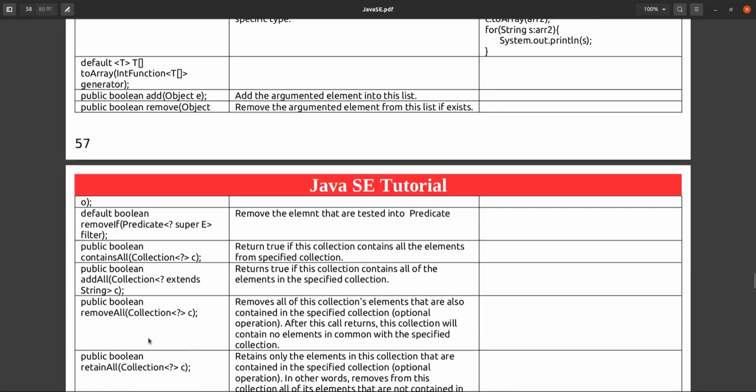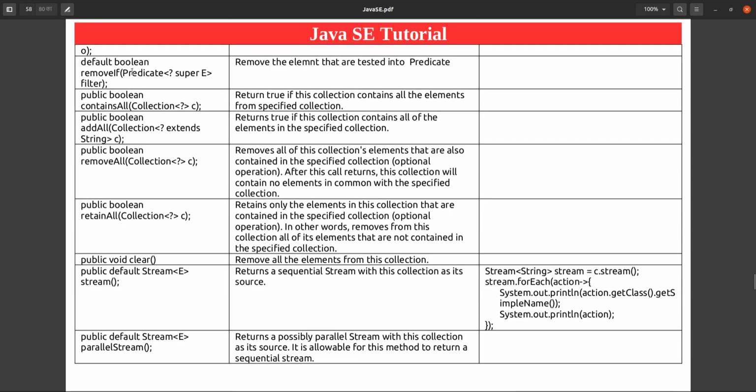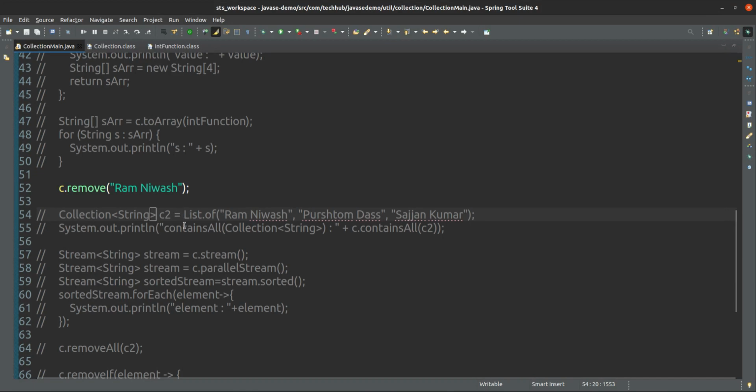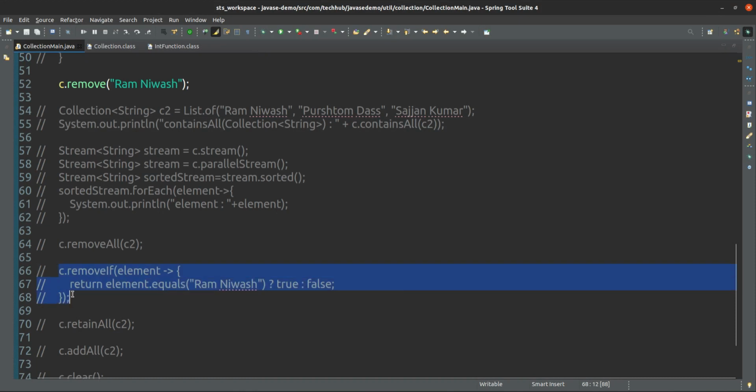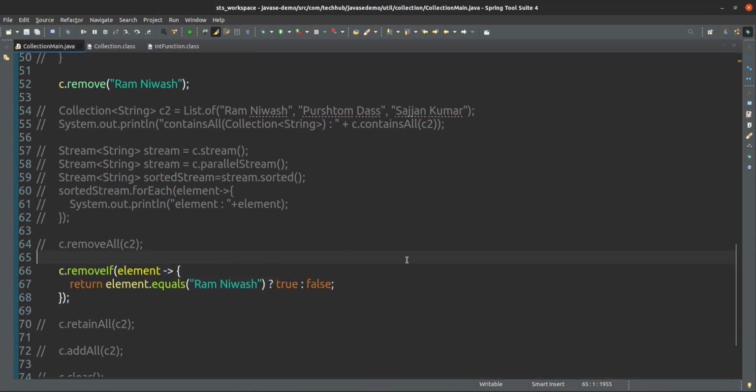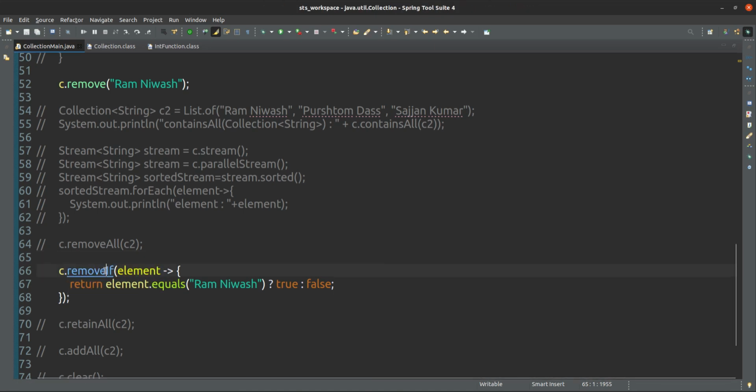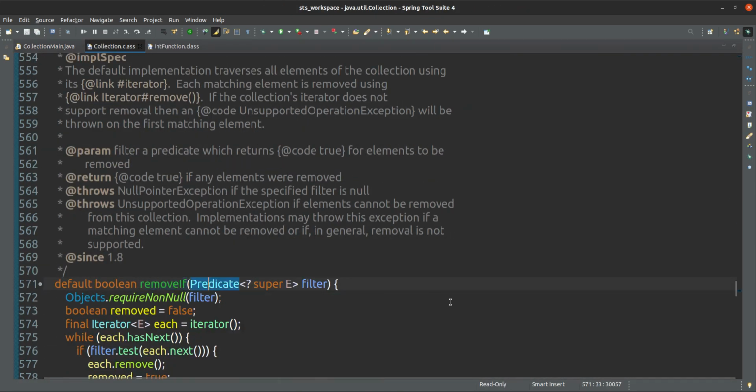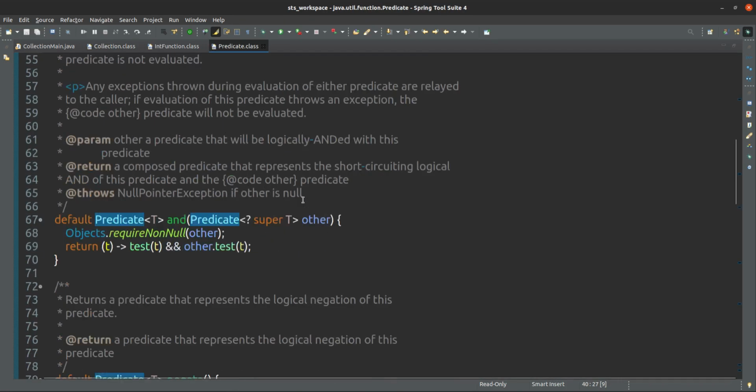Next one is removeIf. Here we have to give one predicate. Remove if is taking one predicate type reference, that is nothing but a filter, and Predicate, if you see, is a generic type.